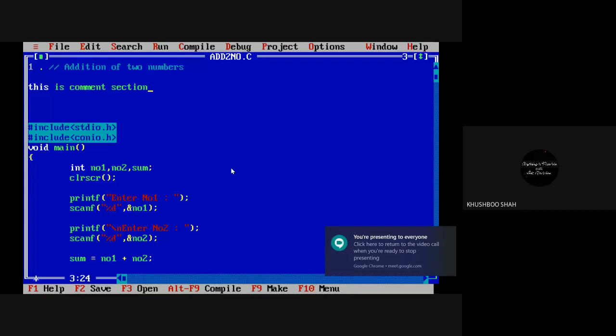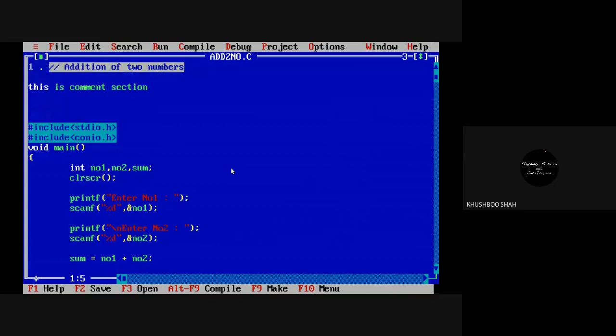In this section, you can write the information, a brief detail, or just an explanation of your program. For example, here we have written addition of two numbers, which is the actual definition of my program.